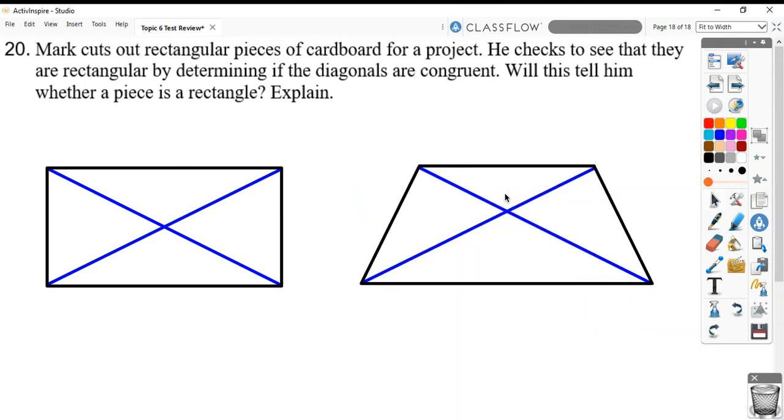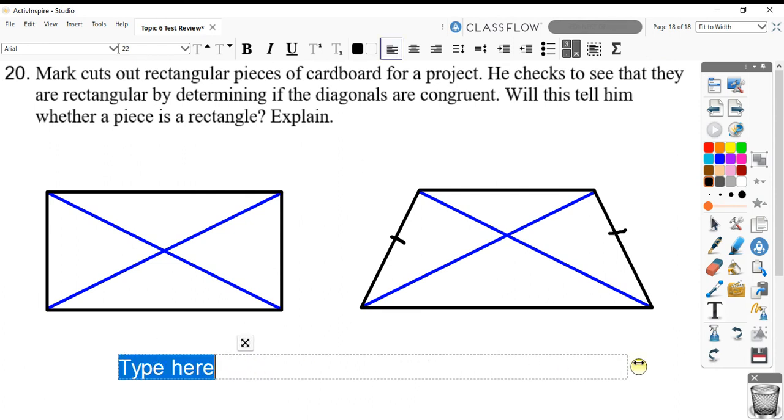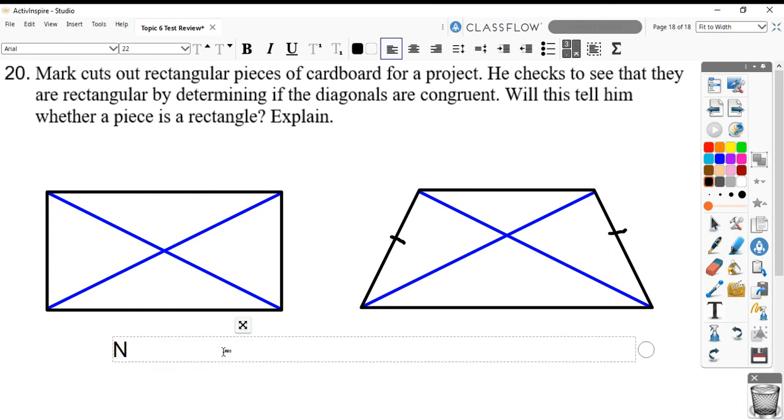It is an isosceles trapezoid. All right, that trapezoid where these two sides, the legs, are the same length, those diagonals are also congruent. That's on the next to last page of your notes packet. As I look at it right here, it's on the next to last page. On an isosceles trapezoid, those diagonals are the same length. So just because Mark has congruent diagonals, that's not enough to say. So to answer this question, will this tell him whether the piece is a rectangle? No,